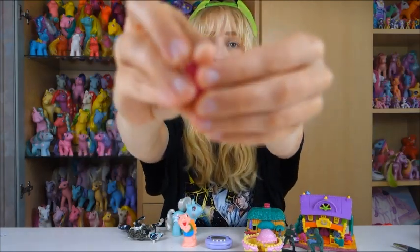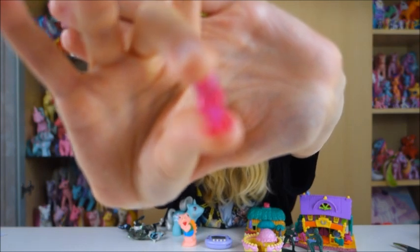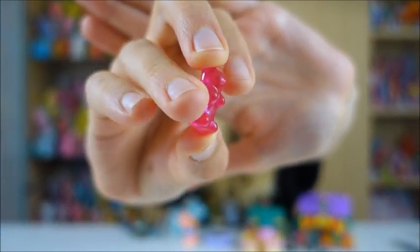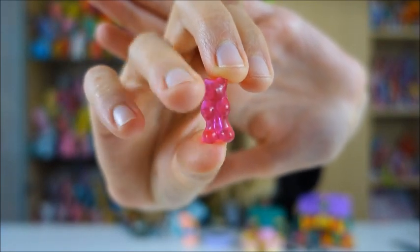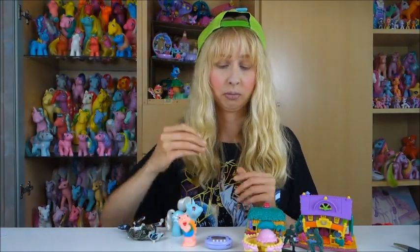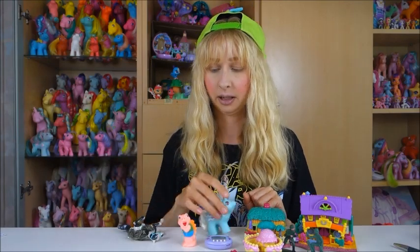And then just this little gummy bear thing, which was an earring, or ear clip, better to say. I can't wear ear clips, and I already removed the clip. I want to put it on the choker. That's what I want to do. So more as an accessory and not really as a toy. Let's go. Yeah, then the next flea market,